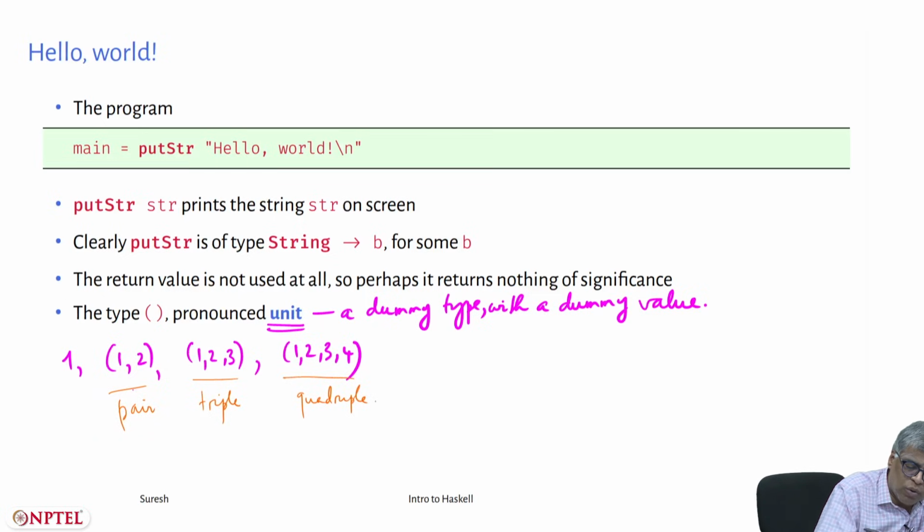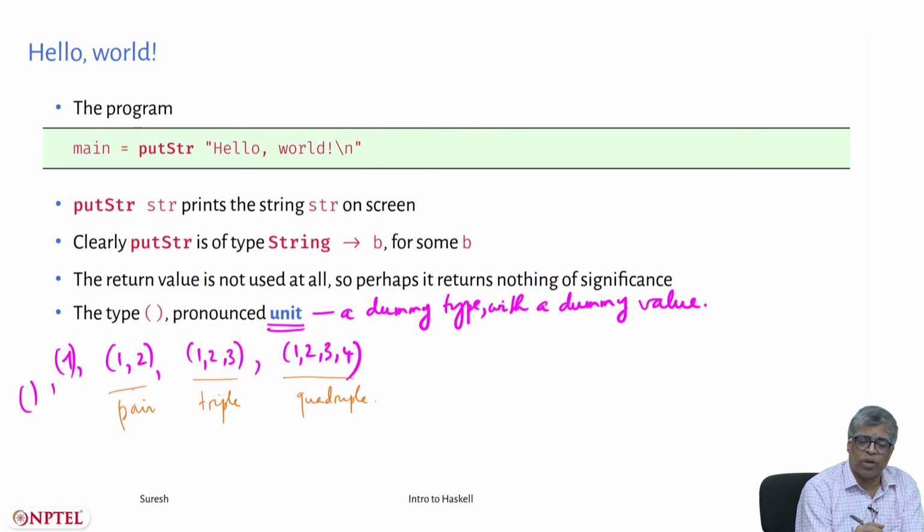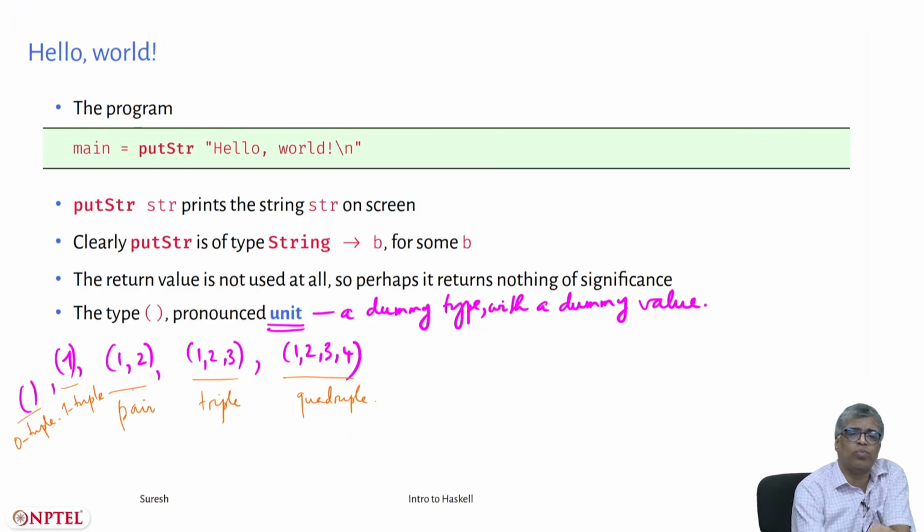Similarly, if you want, you could write something like this, even though I don't think Haskell allows this, but most importantly, you can generalize this and have an open parenthesis and close parenthesis without anything inside it, and you may call this a 1 tuple if you want, and call this a 0 tuple. Okay, 0 tuple, 1 tuple, 2 tuples which are called pairs, 3 tuples which are called triples, 4 tuples which are called quadruples, quintuples, but after that sometimes you just call 5 tuples, 6 tuples, etc. Okay, those all can be values. So the empty tuple is also a value.